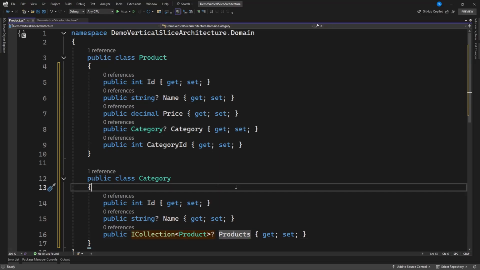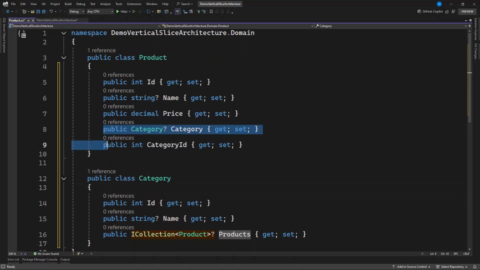So when you look at our business, that is our domain in here. We have our product and our category. In that we have the following properties. We are establishing a relationship, and I've already made a video. If you want to understand in detail one-to-one, one-to-many, and many-to-many, how you can configure them using navigation properties in here,